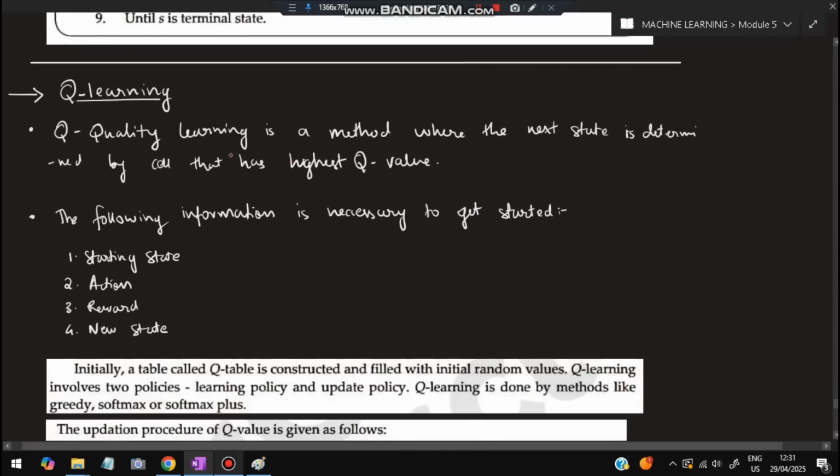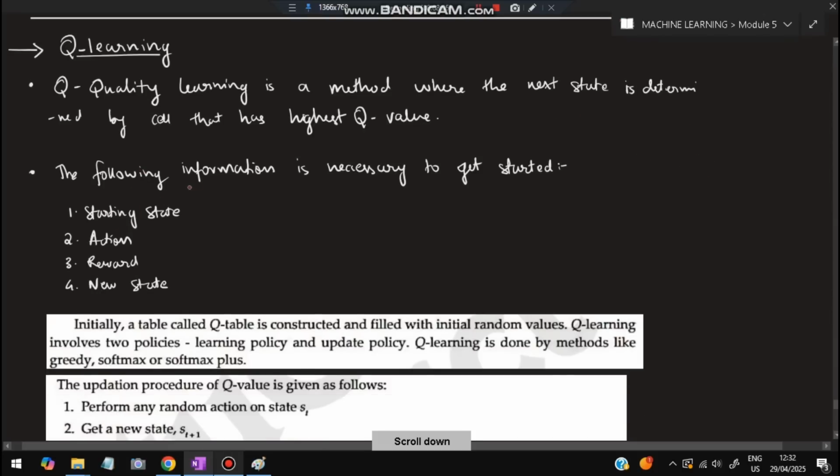Q means quality. Quality learning means if you are in one state, there are 3 states in front of you. Which state you will go? I'll go to the state which has the highest quality. Now, what is the quality? Quality means the most reward you will get. How you will determine which state you have to go, and how a quality